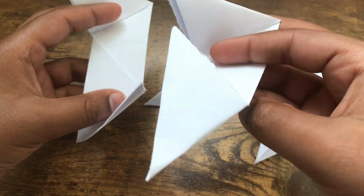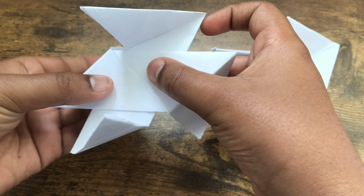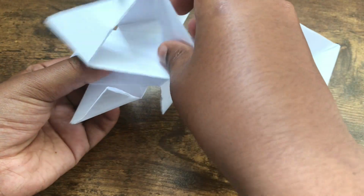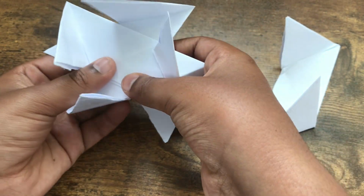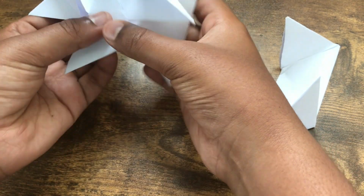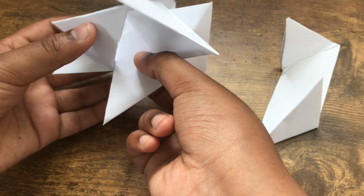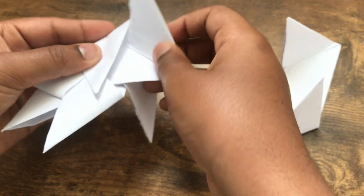Then, flip this one over and put it down like this. Then take another one and put it on top of that one, but facing up, like this. Then put this inside. So you're gonna fold this down, then this down, then this one,